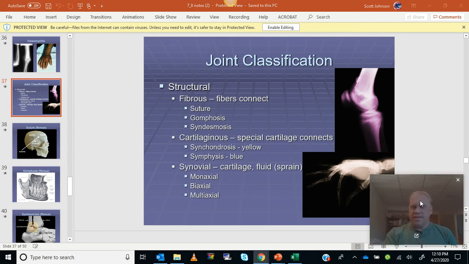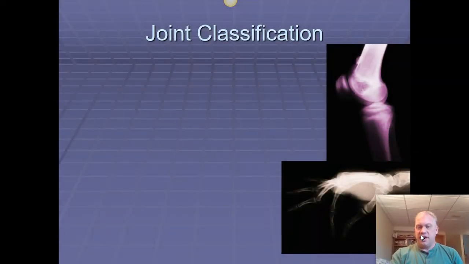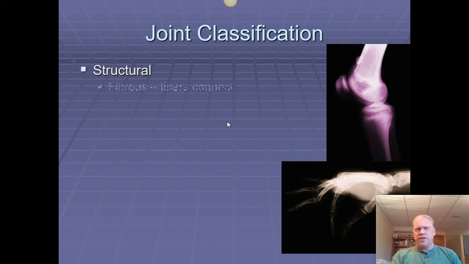So bone classification is one thing, but bone physiology is another. And so this becomes kind of a big chapter when we take a look at all the parts. So I wanted to split this up into two different components. And this second component is all about joints and joint classifications. So let's take a look at the overall view, and what makes things about joints a little bit more challenging